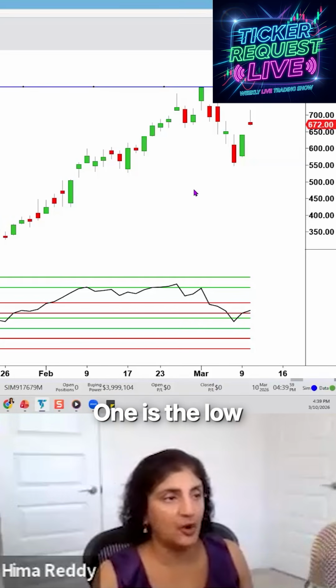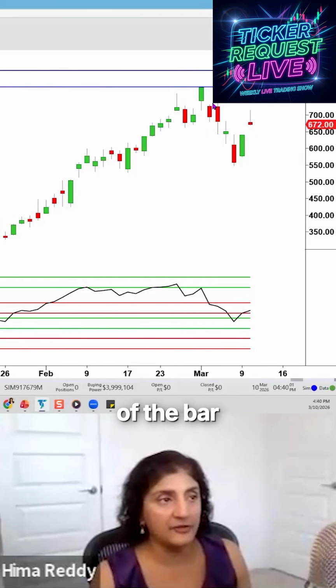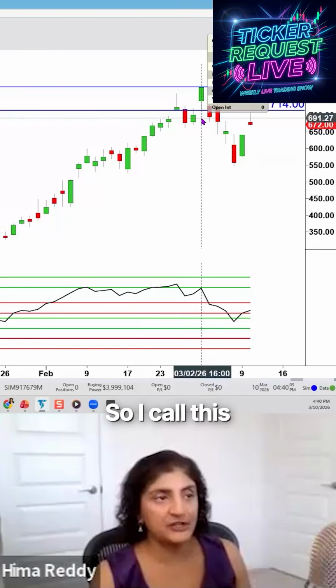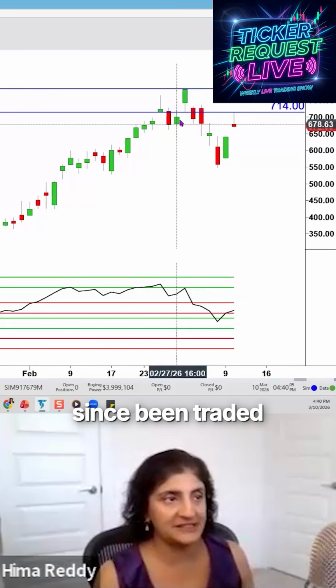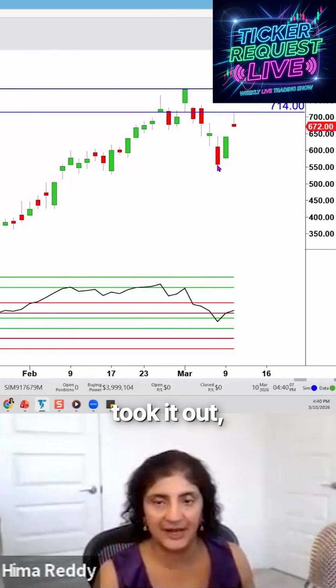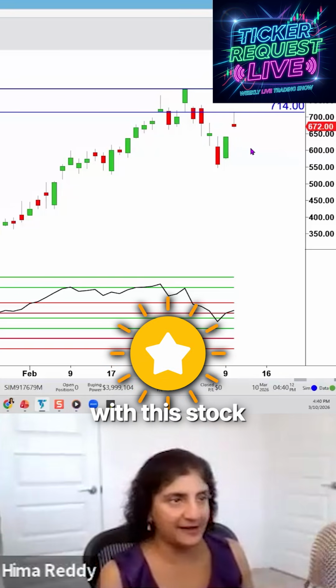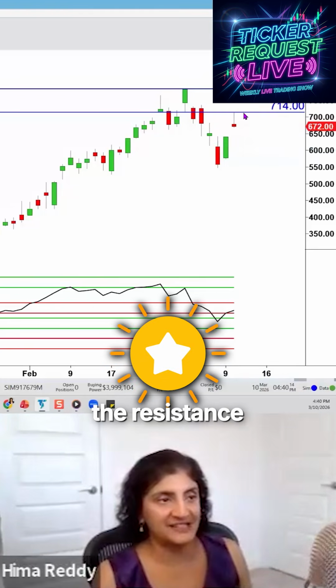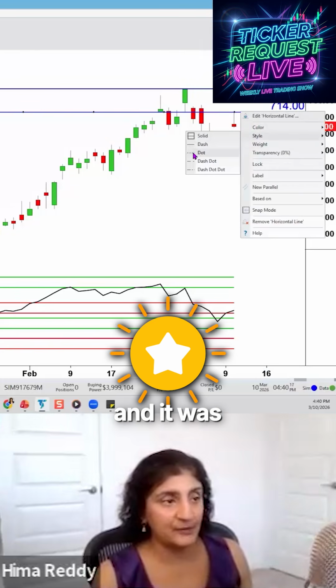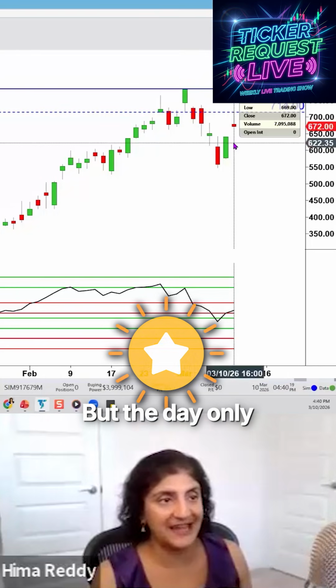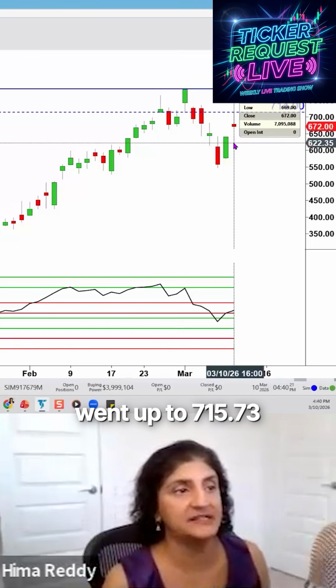two other key levels. One is the low of the bar that made the high. So I call this an old low, meaning it's since been traded through, right? Price action took it out, but it could provide resistance. And we see this example here with this stock LITE on this day. The resistance was up at 714 and it was temporarily breached, but the day only went up to 715.73 and